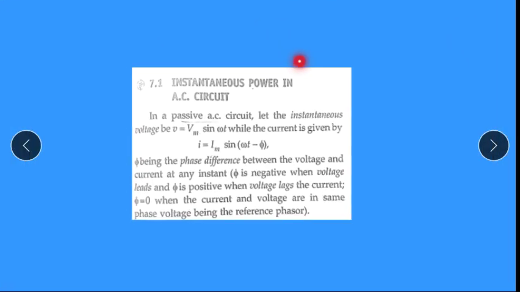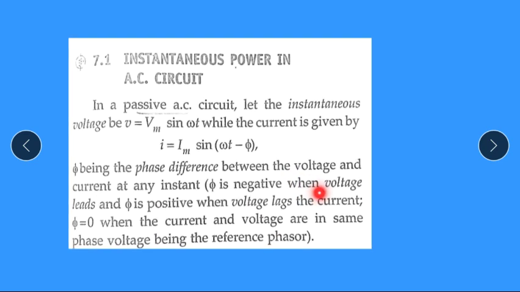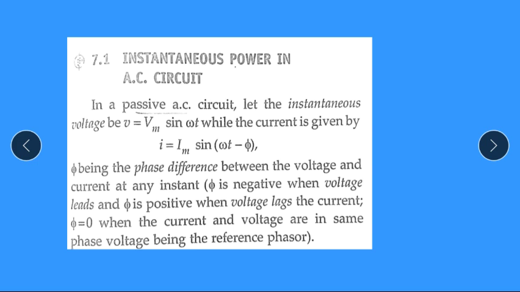Dear students, in this lecture we have studied about instantaneous power in AC circuit. So first of all, we know that power in AC circuit is equal to VI cos phi. Simply, power is the product of voltage and current. In an AC passive circuit, let me consider that